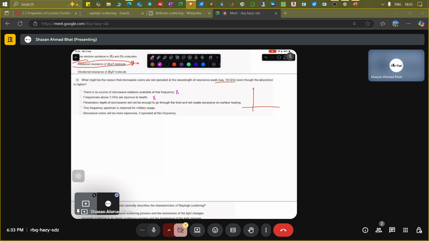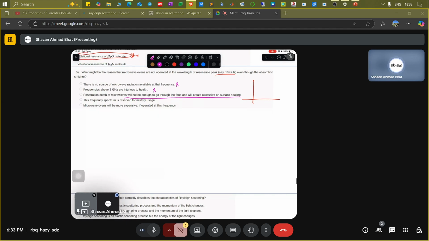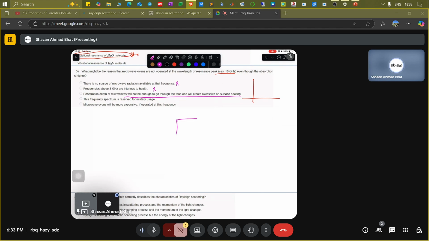I talked about it. The penetration depth of microwaves will not be enough to go through the food, and will create excessive on-surface heating. Okay, so that sounds interesting. So let's look at it. What does it say? If you have an oven and if you have microwaves coming in from all the sides to your food, and if you have food